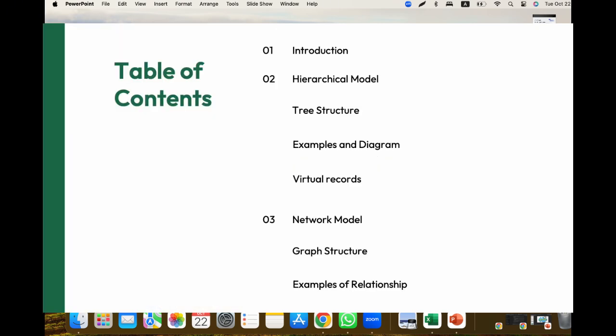In this chapter, we will study more about data models, which include the hierarchical models and network models, and the other models in the next session. For the hierarchical models, we will look into the tree structures, and then we'll look into examples and diagrams of the relationship of the tree structures, and then the virtual records,